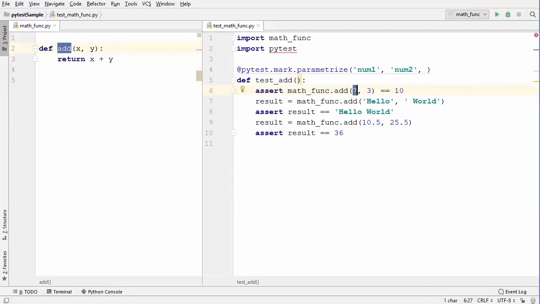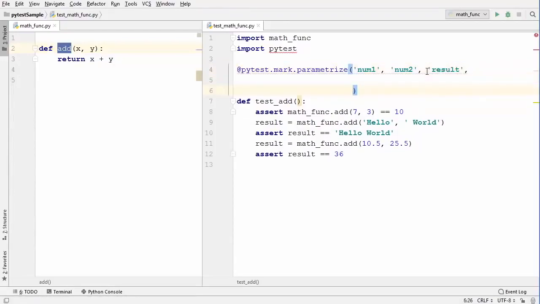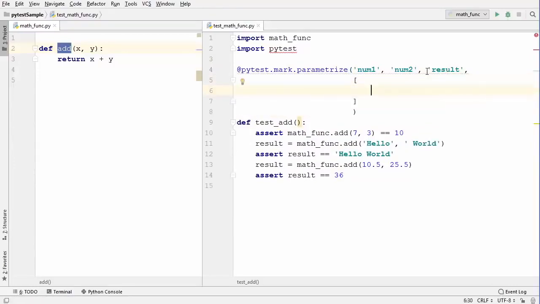Now once again, when you look closely at this assert, you will see the values here are the first argument, second argument, and the result. So the same three values you need to give here: num1, num2, and the result. So I'm going to just say that the third argument is result here. And then as the fourth argument, you give the iterable list. The fourth argument will be an iterable list where you can provide the values of argument 1, argument 2, and the result. Inside this list, we are going to give the argument 1, 2, and the result values